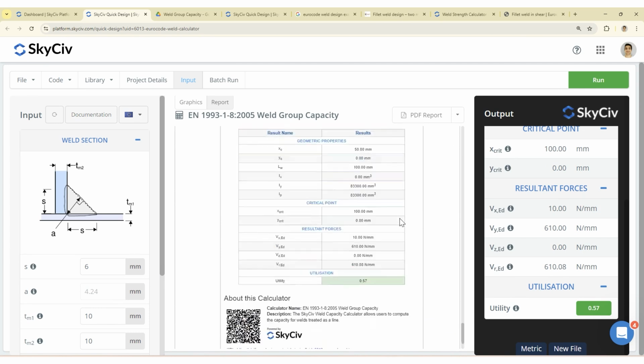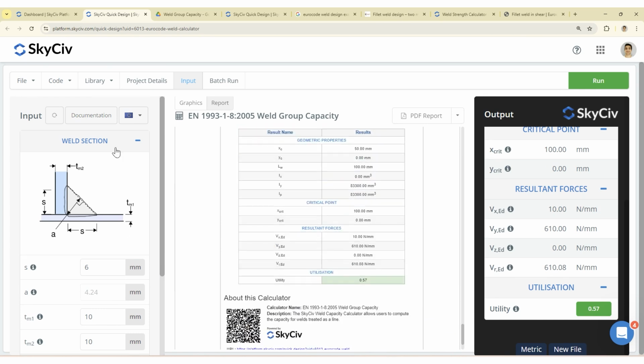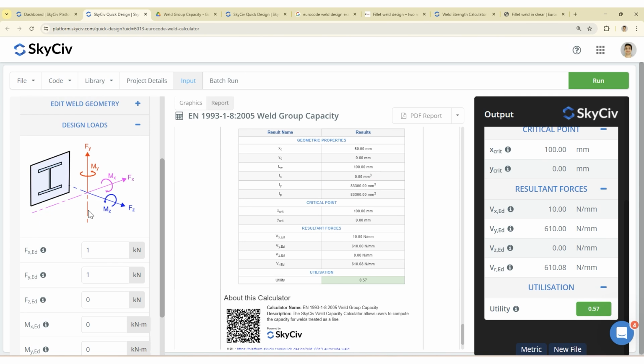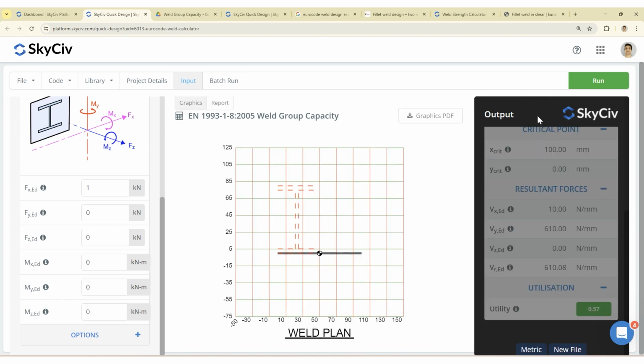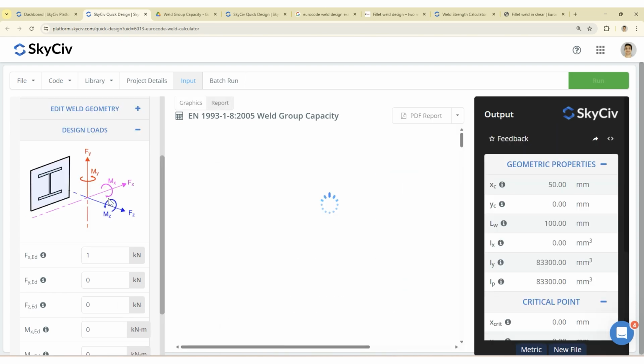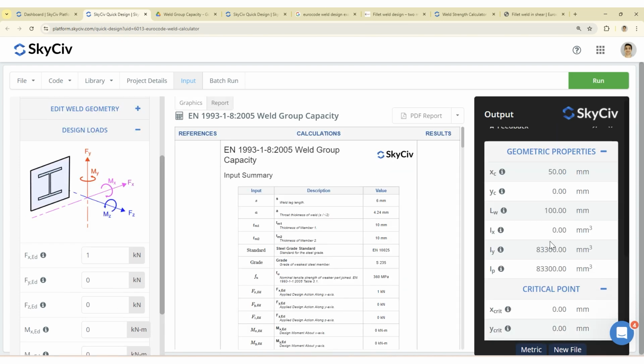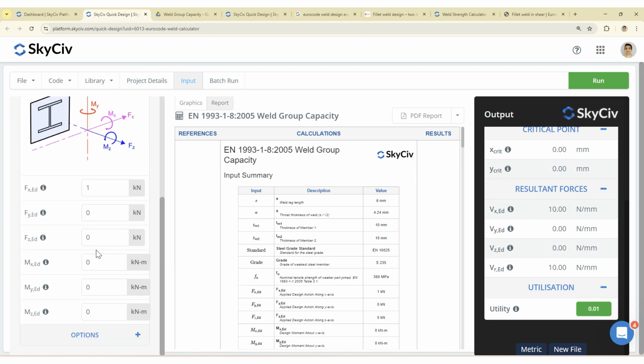So I would expect that if we didn't have normal stresses, we wouldn't have a benefit. So maybe we can do a quick check on that and just have only in-plane forces. So if we had our weld going across, maybe let's just try having an X force and seeing what happens here. So let's just run this and we'll have a look. All right, so here we get a utilization of 1%. Maybe we can make this higher so it's more sensitive and we can